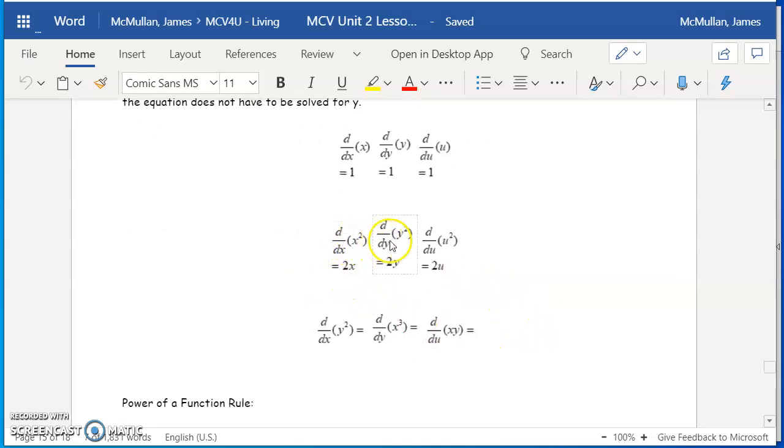Now again, the rules that you know about quadratics or powers also work. The derivative of x squared with respect to x is 2x because you use the power rule. Same thing here: if you're doing the derivative of y squared with respect to y, then y squared has a derivative of 2y. Now, when you're doing the derivative of a different variable,